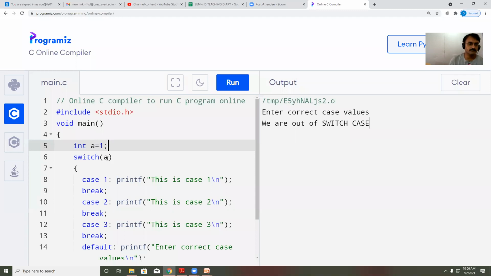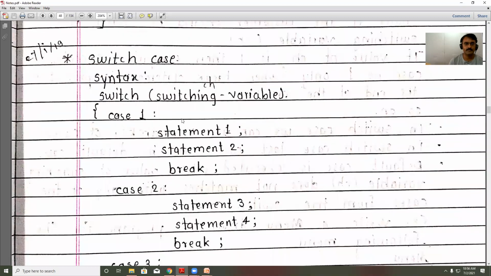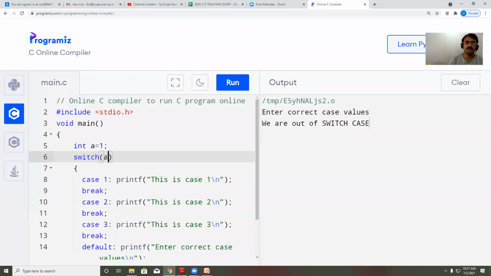Now you may say that it should always be a variable? No, you can give a number, you may give an integer value, you may give a character as well, but this should be present in the case, otherwise the default statement will get executed. There is no compulsion that you must always give a switch case variable. Even though the syntax gives you switching variable, the syntax is there for a general statement, but you should not stick with the variable. Okay, let's say I'm having a plus 1. So what is the value of a?